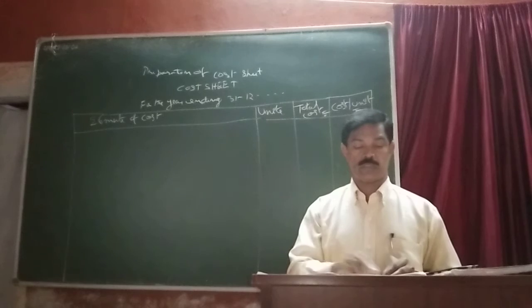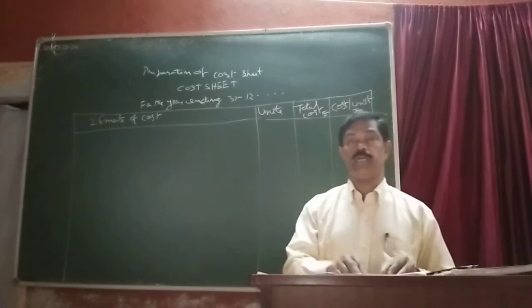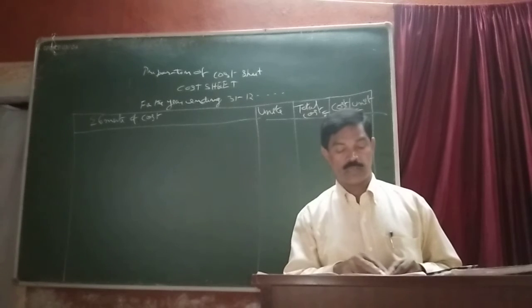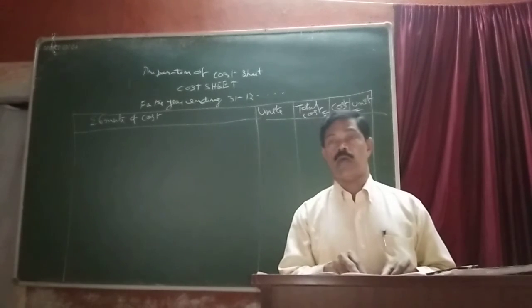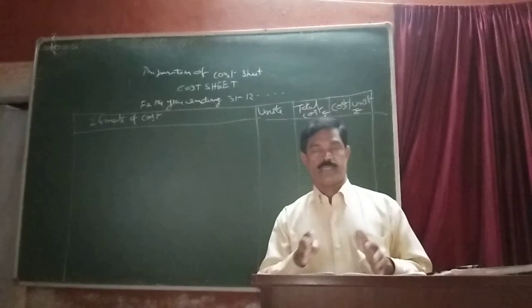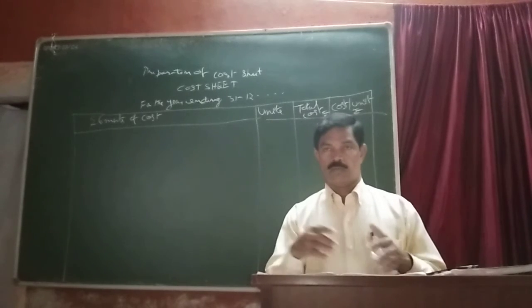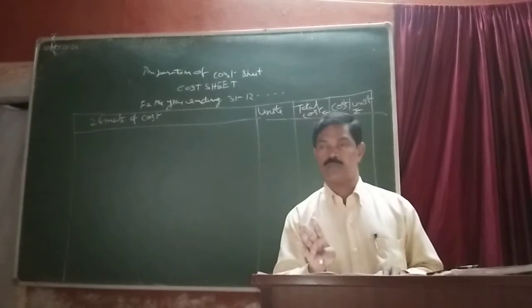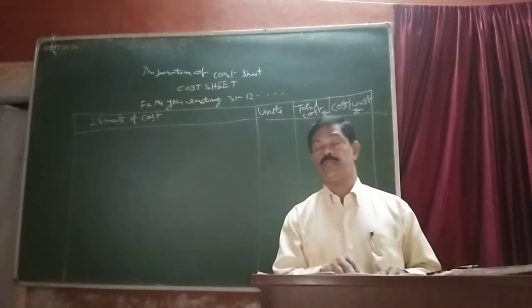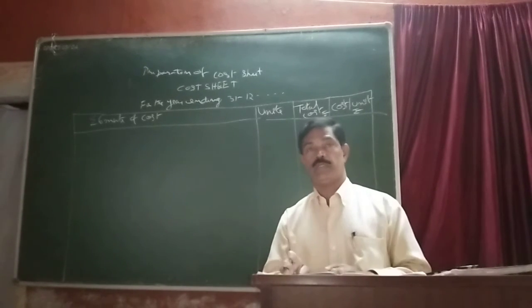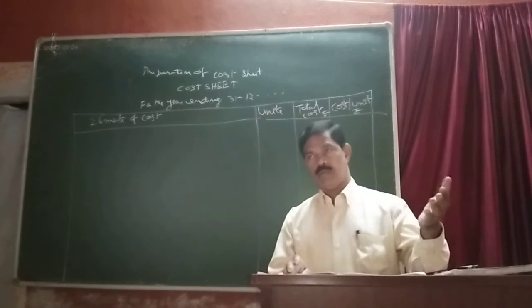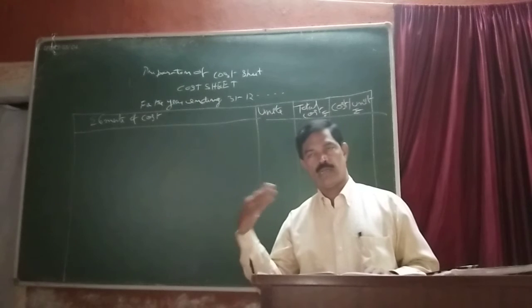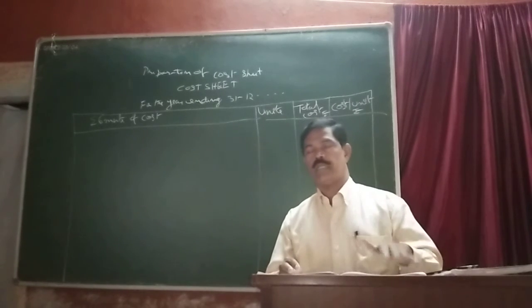Salesman commission, selling and distribution. Traveling expenses, we assume that traveling expenses of salesman, so it also comes to selling and distribution. Advertising related to the sale. Warehouse, that is charges for stocking or keeping the goods in a safe place, that is also related to selling and distribution. Carriage outward, here carriage inward, carriage outward is there. Carriage inward means while purchasing the goods, carriage outward means while the sale of goods. Carriage outward is selling and distribution.